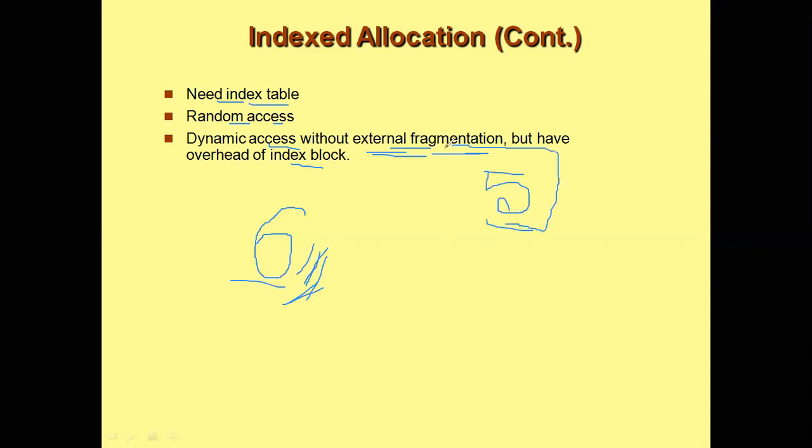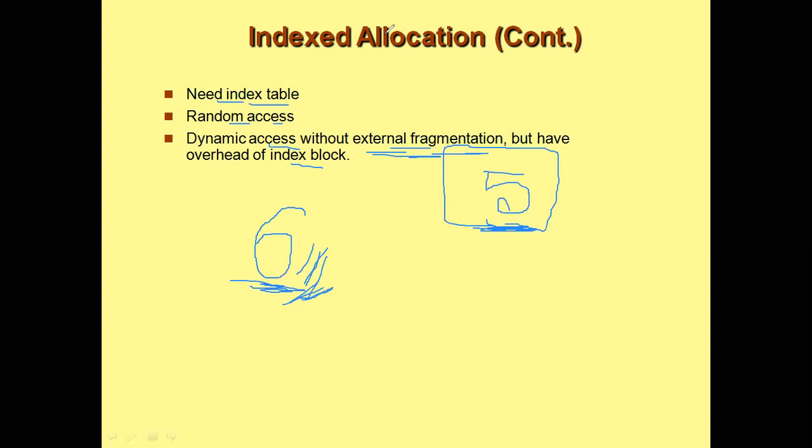Say you require 5 contiguous blocks, but there are 6 scattered disk blocks, which is more than the requirement, but these 6 are not in contiguous fashion. If they are not in contiguous fashion, then there is no point in having blocks more than the requirement. You are not able to keep these 5 blocks in a sequential manner. This is called external fragmentation. So there is no external fragmentation in indexed allocation and the previous one, linked list allocation, but you have it in contiguous allocation.